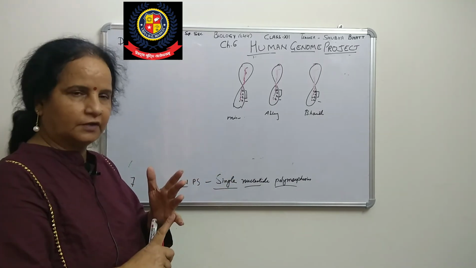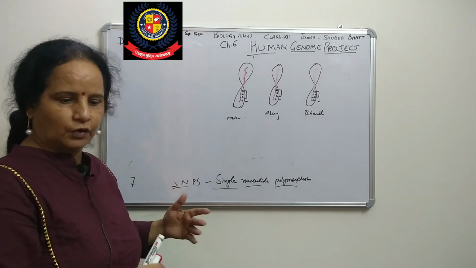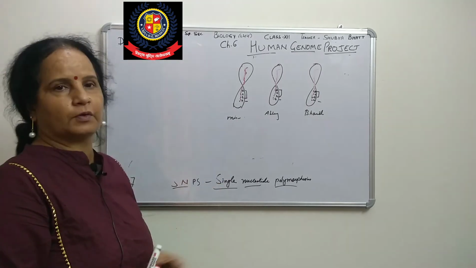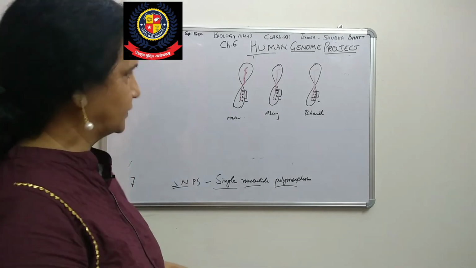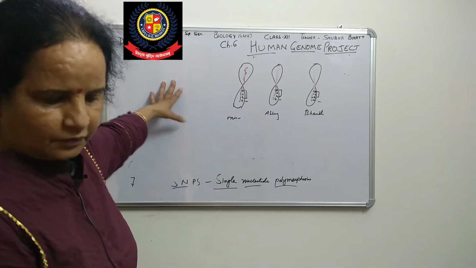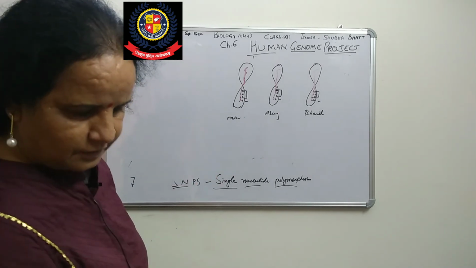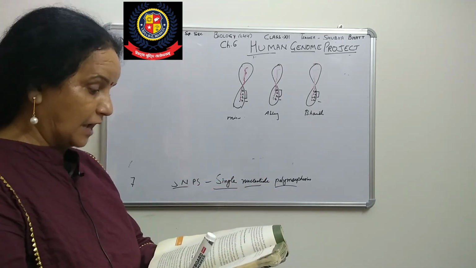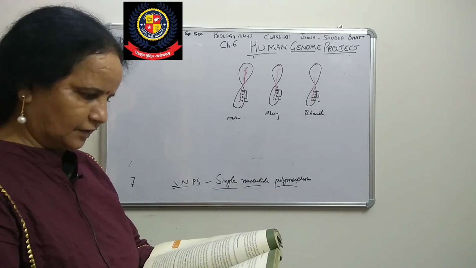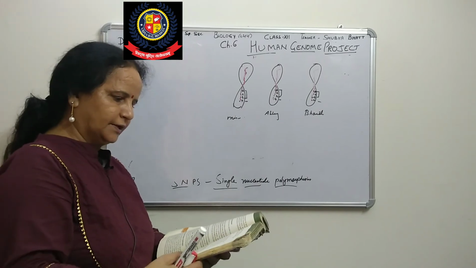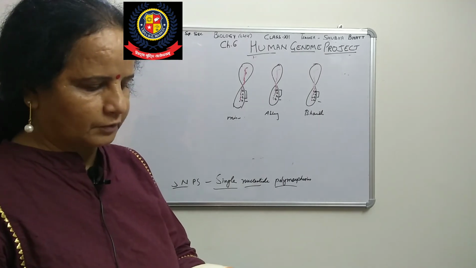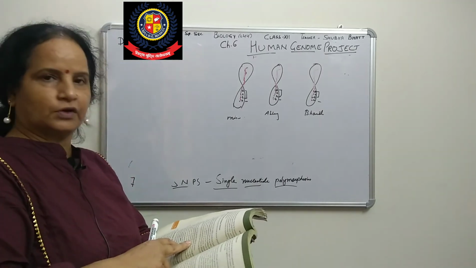What are the objectives? What have we got? These are the salient features of the Human Genome Project. In total there are 7, which I have told one by one. Seven, or how many are there? You can count that one. There are 9. I have told each and every one. These are the total 9. One more point is there, the second point you can see in your book also.